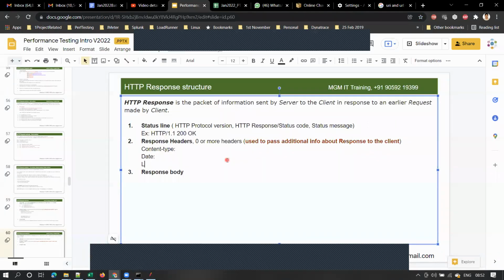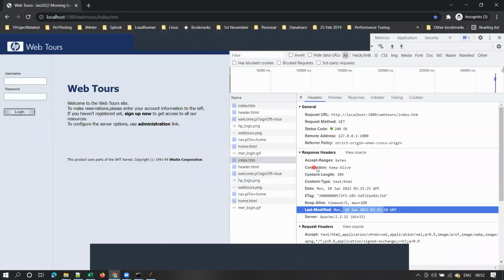Date, last modified. These are some important response headers. One more important header is this one, connection keep alive. I'll explain that later. Connection keep alive, content length.